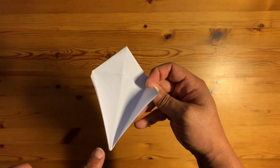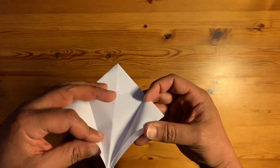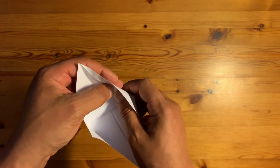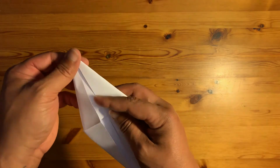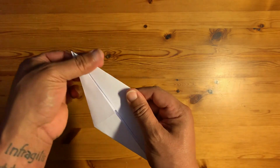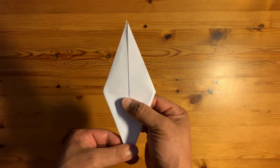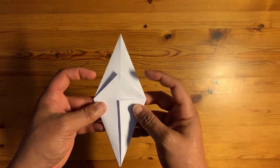And now what we're going to do is open up these flaps and bring this point up to the top. So it's going to fold across that crease we just made. Just get your thumbs in there and just bend that crease the other way and then flatten it down like so. There we go, and we're just going to do that on the other side as well. So flip it over,